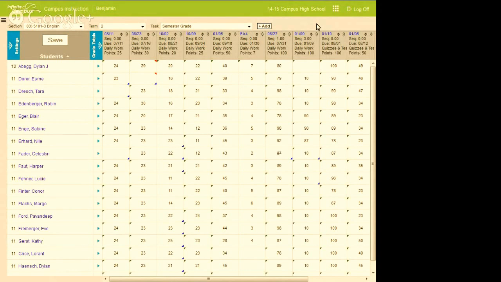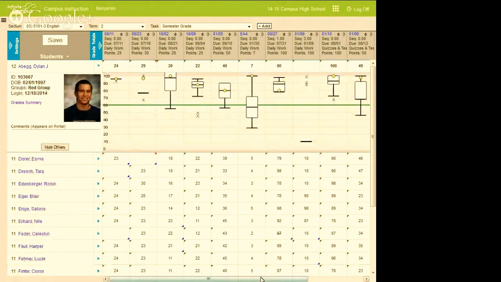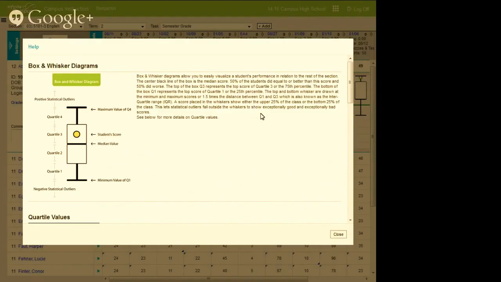Well, I can do some pretty neat things. For example, I can expand on any student, and we're given the display of the student. This is called box and whisker diagrams. So this tells me the student's score compared to the rest of the class. For example, in this particular assignment, he was way ahead of the rest of the class where the majority was right within this range, and this student was the top. We have built-in help. If I had no idea what I was looking at, I can come over and see how it changes to a question mark. I just click there and I get a little display on what is that box and whiskers diagram that I'm viewing.